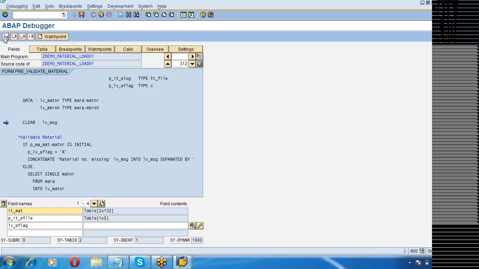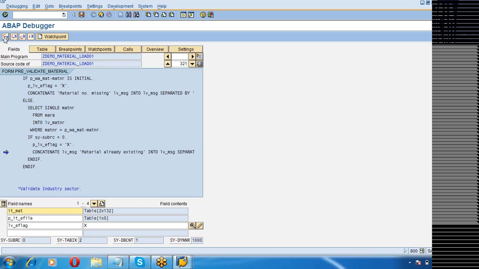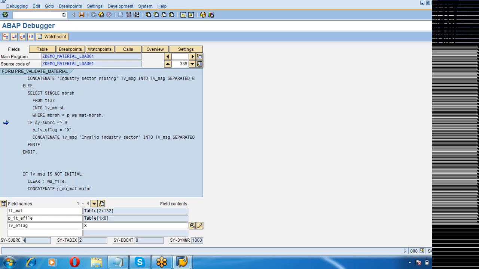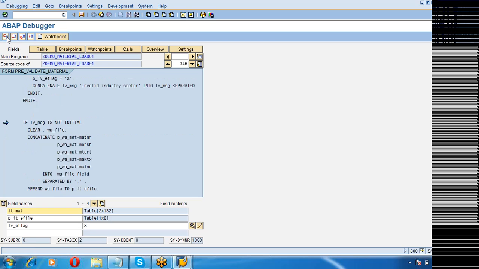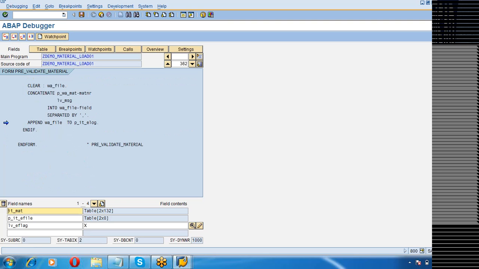Again you will come back, again goes inside, again material is already existing. Now this time around industry sector is also wrong. See, size of RC is 4. Even your industry sector has gone wrong. Concatenate. Now you look at the error log file, how it has got created.